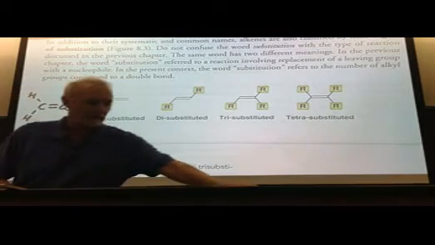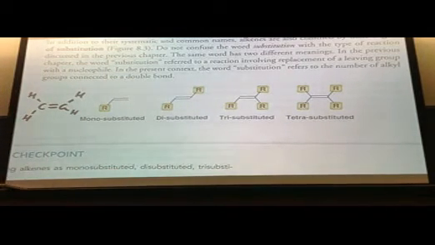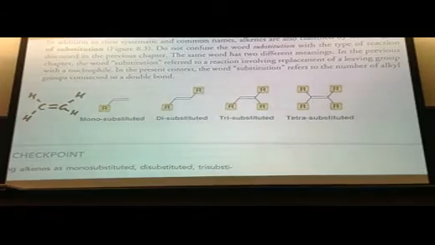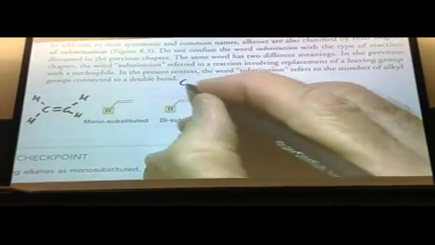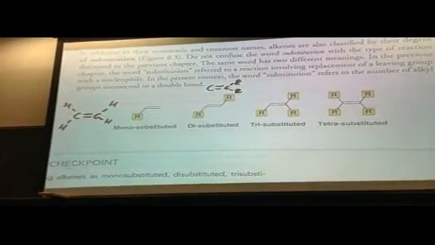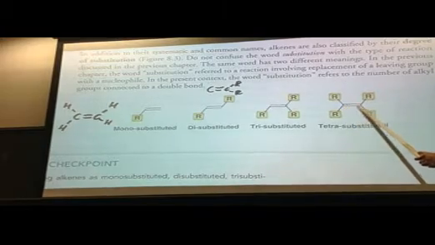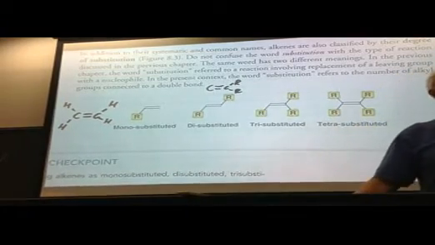You could have disubstituted this way too, though. Let's see if I have enough room to write it. Maybe. This is also disubstituted. You have 2 R groups total. And this is disubstituted trans. We have disubstituted cis. This is neither cis nor trans. Then you try trisubstituted, and this is tetrasubstituted. So the more R groups you have on the carbons that are double bonded, and this is important, the more stable